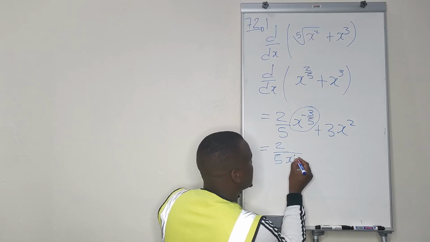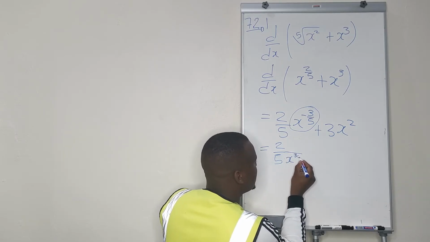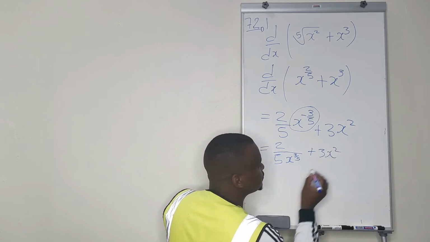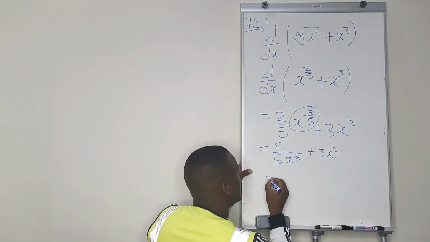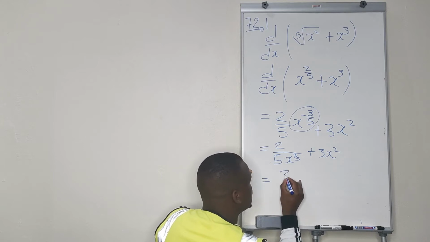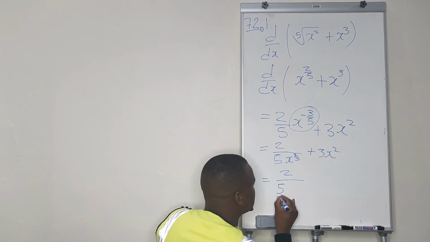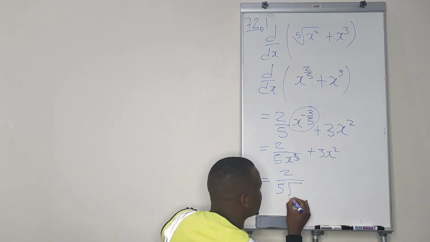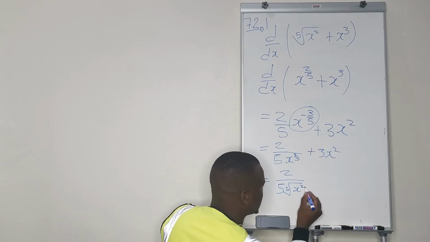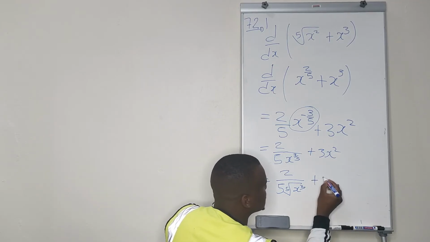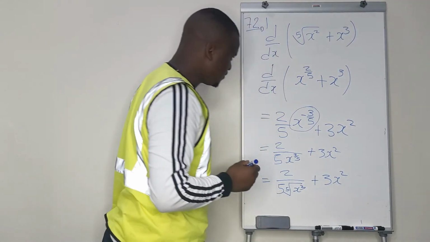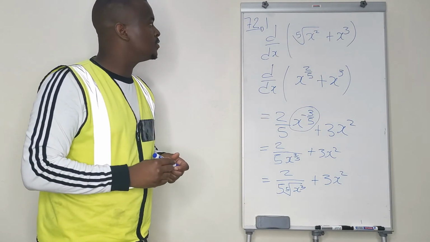So x raised to 3 over 5, plus 3x squared. So this is equal to 2 over 5. You know this is the 5th root, so it's the 5th root of x cubed, plus 3x squared. This is how you derive